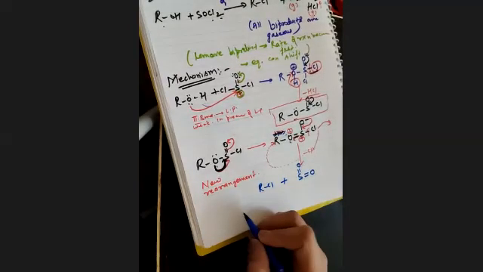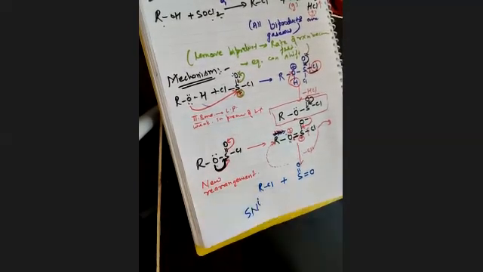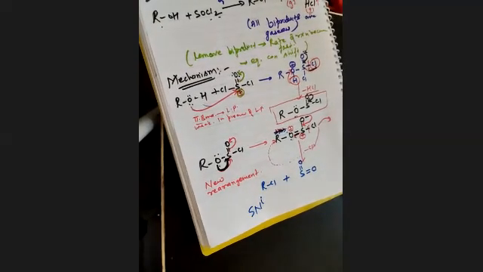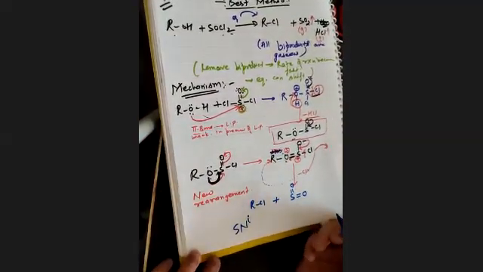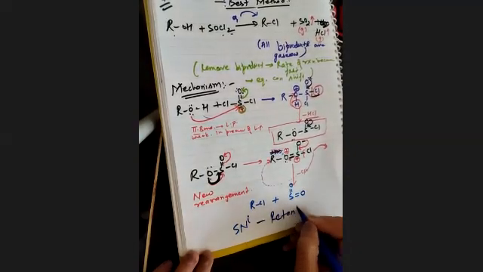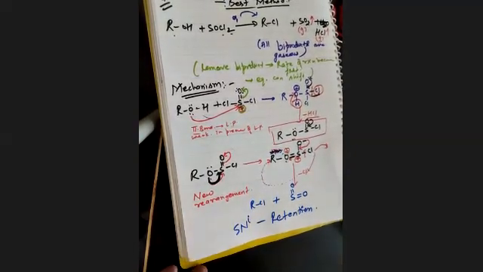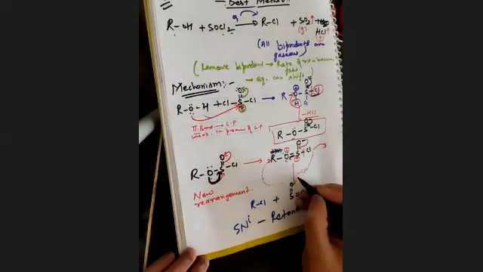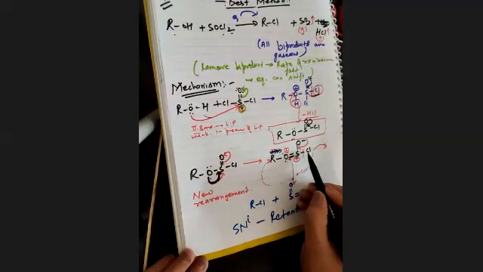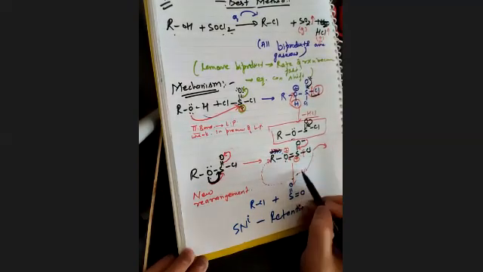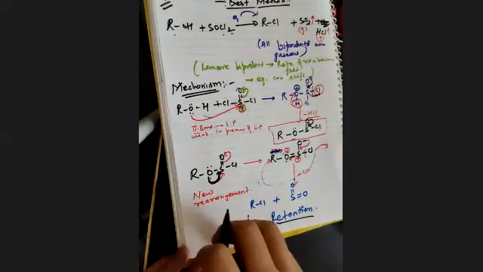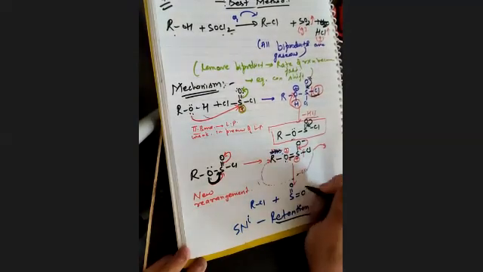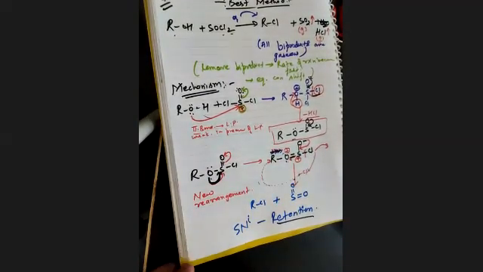Okay, so if they ask you which type of reaction this is, it is SNi reaction. SNi means SN intermediate reaction. In objective questions you can get this, SNi reaction. Second, if they ask you which type of molecule this is, it is retention. Why retention? Because the attachment of chlorine is within the molecule. Within the molecule means chlorine just detaches from this compound and attaches with R. So that is why this is retention. If you add chlorine from outside the reaction, at that point of time, the inversion will be there.